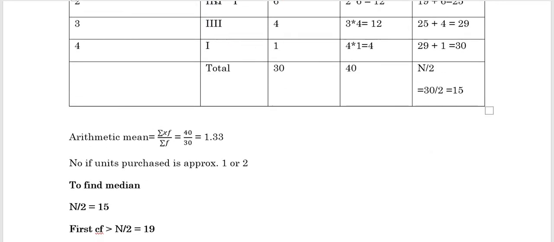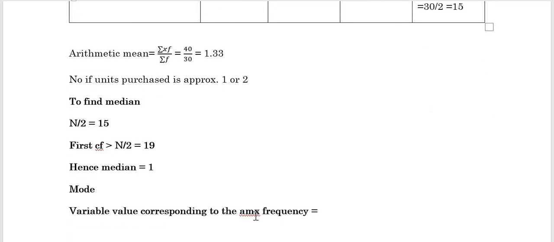So, this is very consistent, very symmetric data, which indicates the mean, median and mode are more or less the same. Only the mean is slightly higher than 1. Mode and median are the same value of the variable, that is 1.